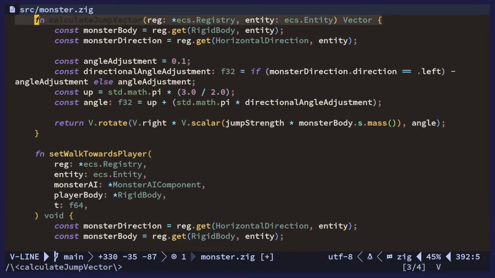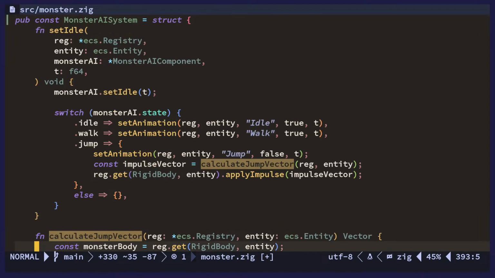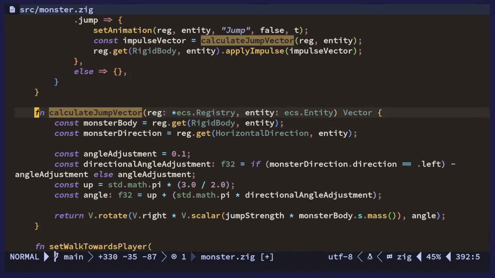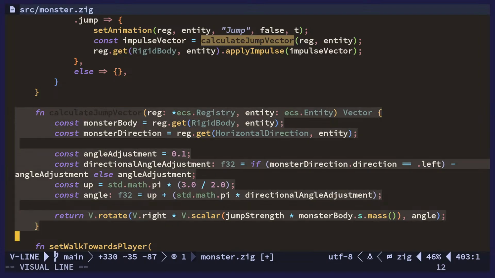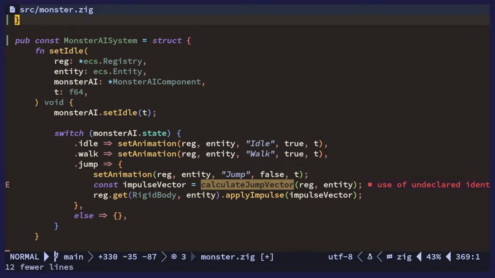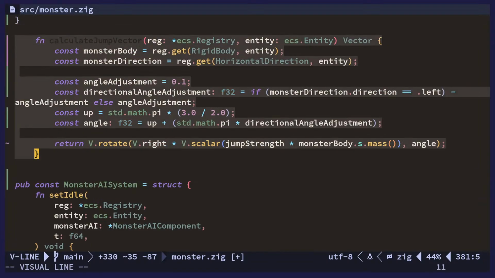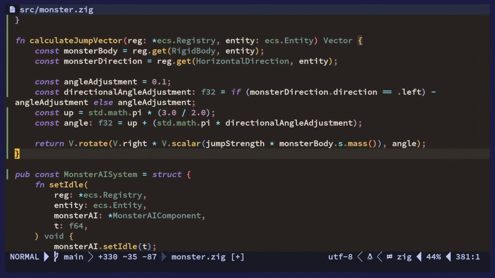We can probably just copy this. Let's see, this is the system. Let's make this generic. Let's move this out. And we will have the angle adjustment,